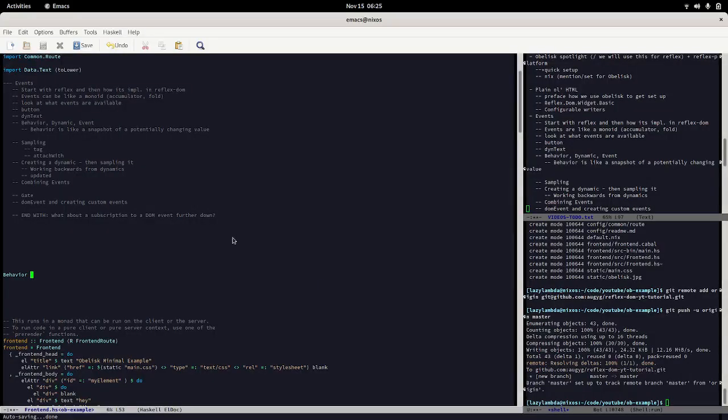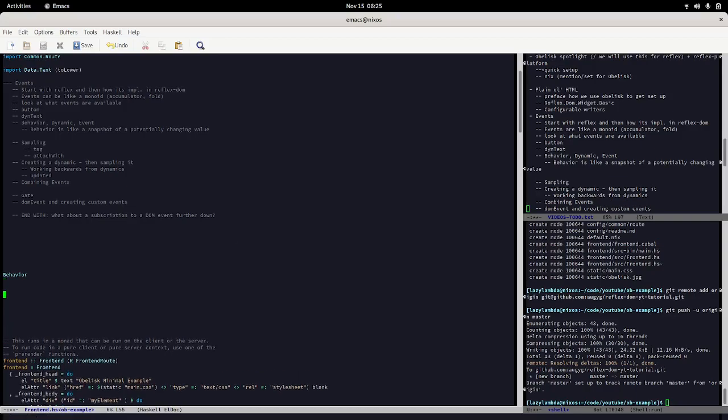Behavior is simply a container for a value that cannot change. It doesn't really do much for us. There's, for example, a function which we'll talk about, and I believe it's called constant, and all it does is take any Haskell value and turn it into a behavior. Does nothing, almost like id, except wrapping it. What this does is not very clear when we look at just behavior, but having a behavior allows us to do particular things, which might be helpful for